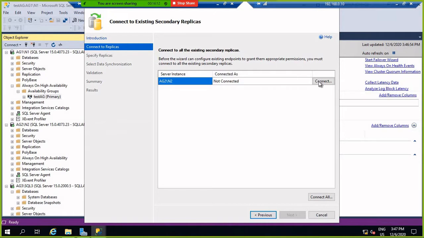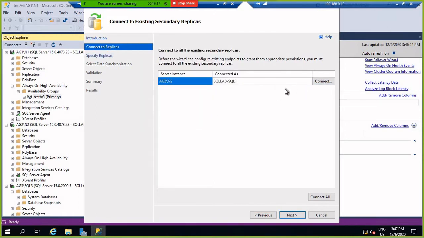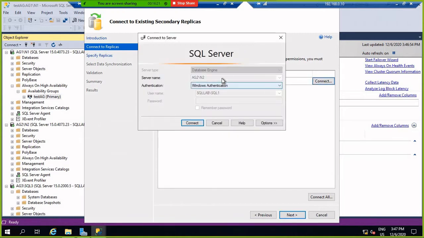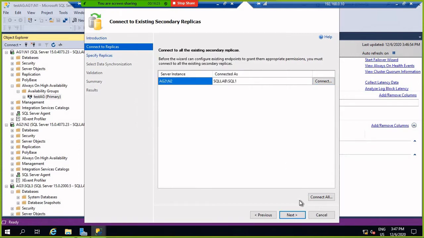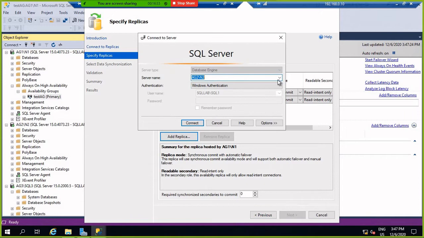Okay, so just connect to that one. Here you need to verify that one. Okay, so here just add the replica.